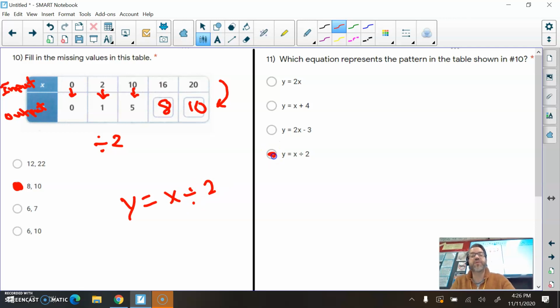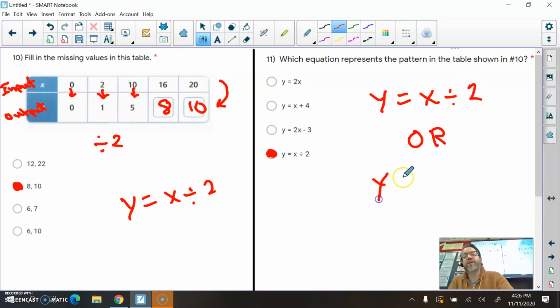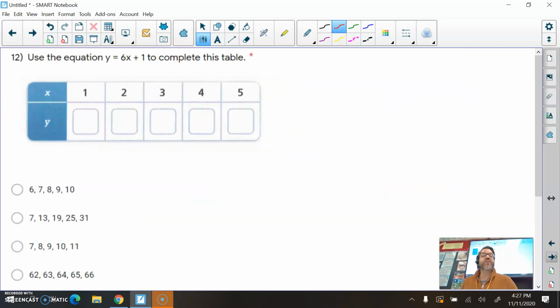And that's this one right here, y equals x divided by 2. Just so you know, y equals x divided by 2 is the same thing as y equals 1/2 times x, because dividing by 2 over 1 is the same as multiplying by its reciprocal, 1 over 2. Okay, so you could say it either way, but y equals x divided by 2 is one of our choices here for number 11. All right, number 12, use the equation y equals 6x plus 1